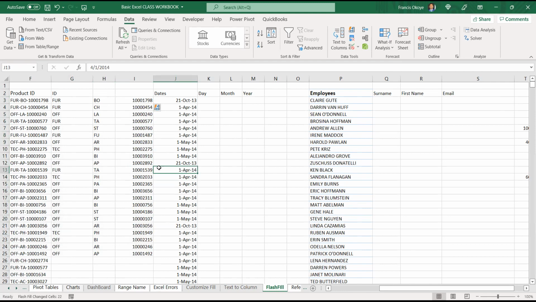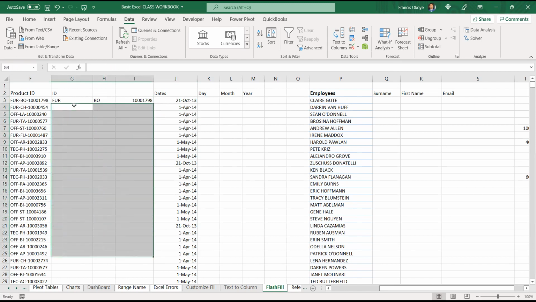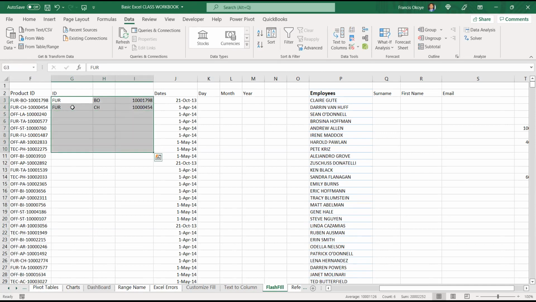It's better now. It all depends. I told you that in Excel there are different ways of doing this. But assuming I want to extract everything at once, and I highlight and say Control E, can you see it will not allow you to do it at once. But if I have done the second one, let's say maybe it's not clear about what format you want, 100000454. Let's try and see. If you try 1, try 2. If it's not seeing it, then just continue with this one.